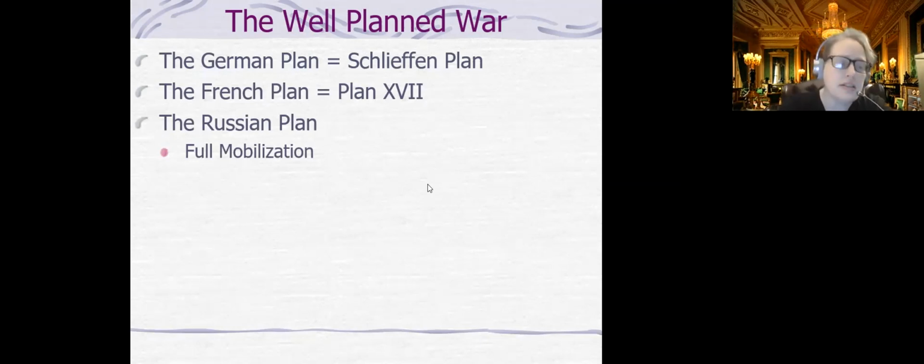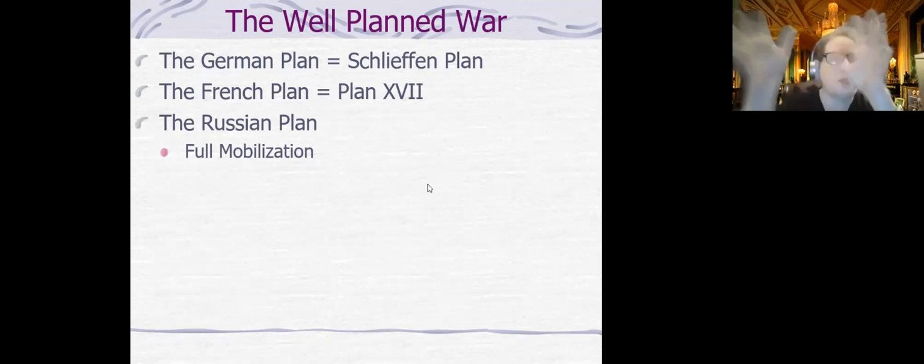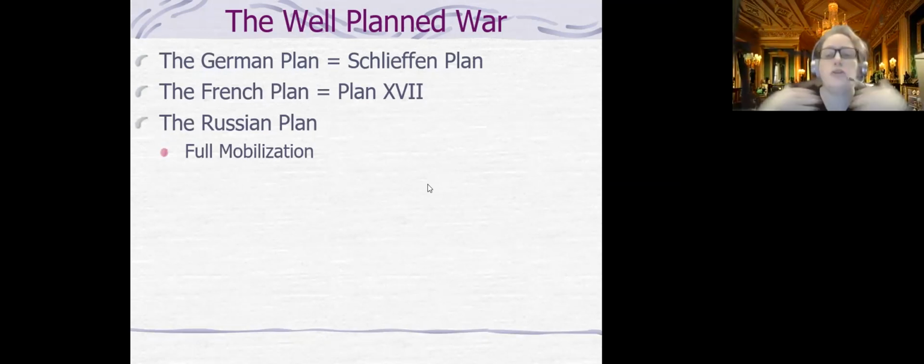And the Russian plan said that you had to mobilize your entire border all at once. That you couldn't just go to war with Austria. You had to go to war with both Austria and Germany all at the same time, and you had to mobilize all of your troops to go along the whole border all at the same time. That was the idea. Now, that's not true. That's lockstep military thinking, but that's what they think, okay?